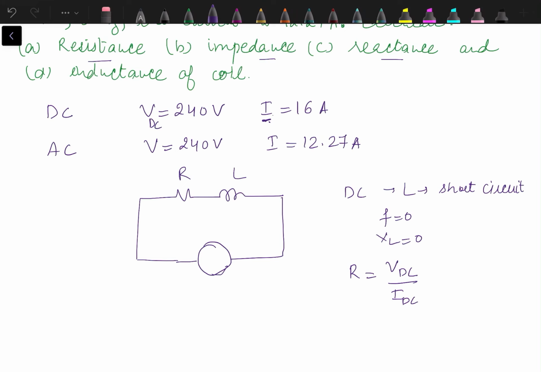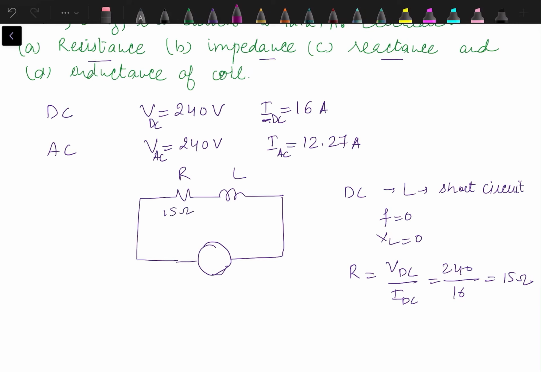We write this as VDC and this as IDC. This is VAC and this is IAC. Now DC and AC are just added to differentiate whether it's a DC supply or an AC supply. So R is 240 by 16, it's 15 ohm. Resistance is 15 ohm,